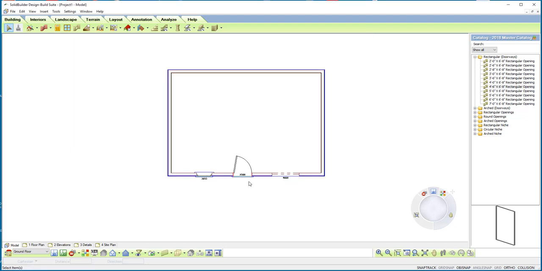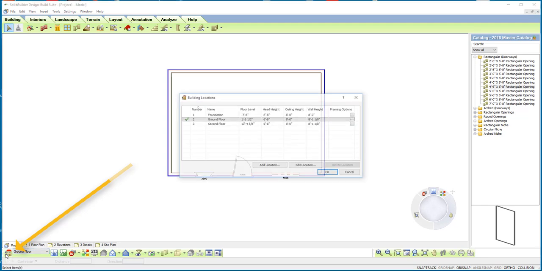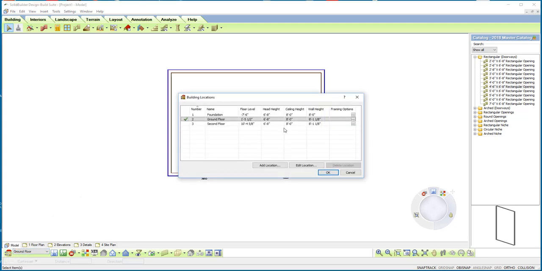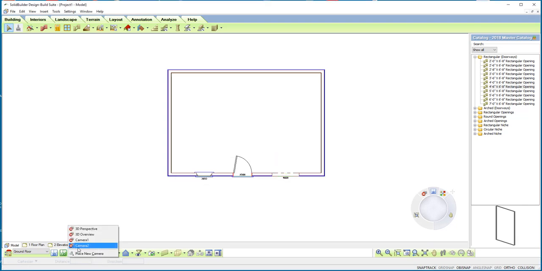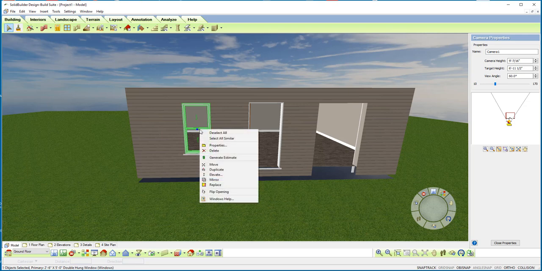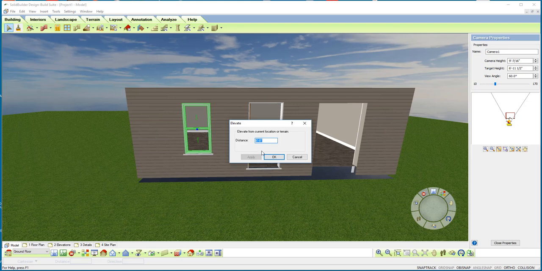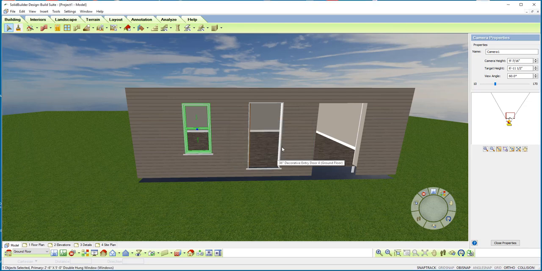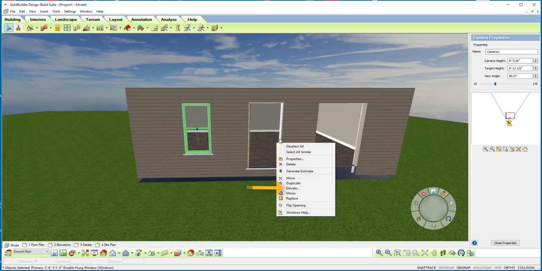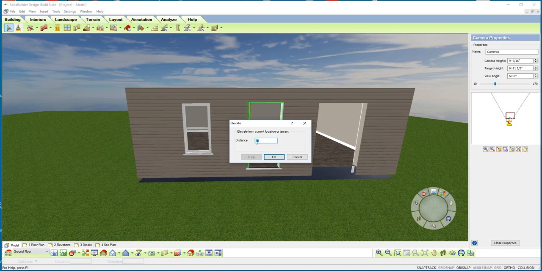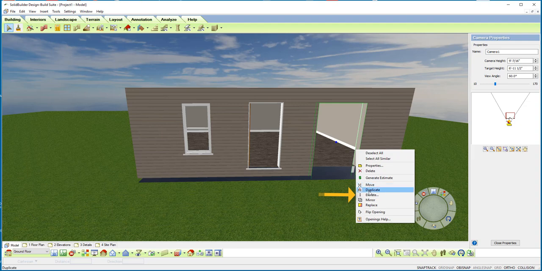Another aspect of openings in general is that they feed off of our building location settings. So you can see here we have a head height of 6'8". And let's go to 3D. When I select this window and look at its properties in terms of elevation, you'll see it's at 6'8". And this door has an elevation of 0. And this has an elevation